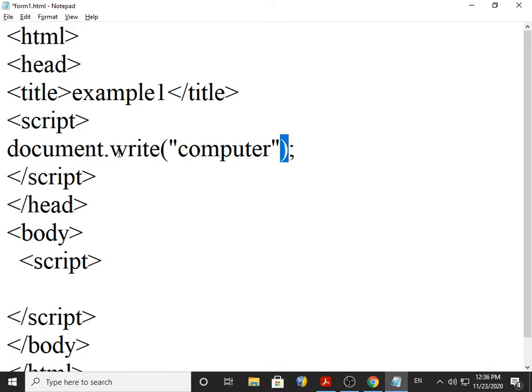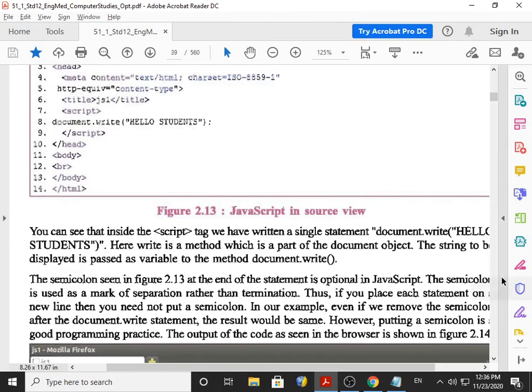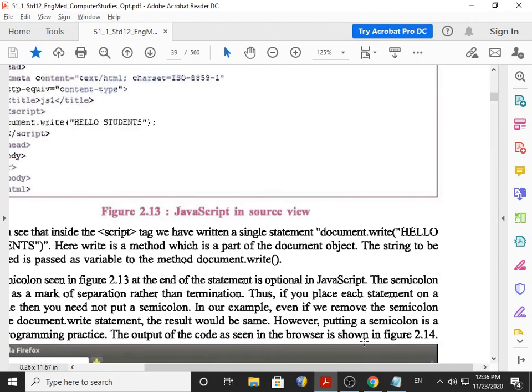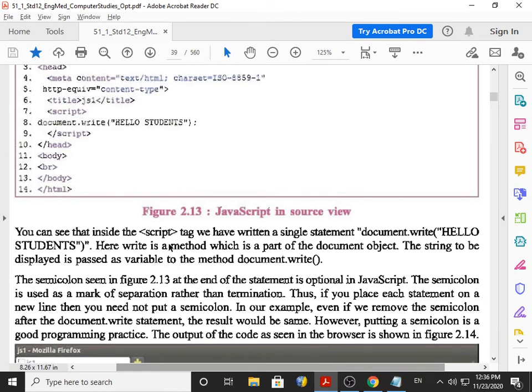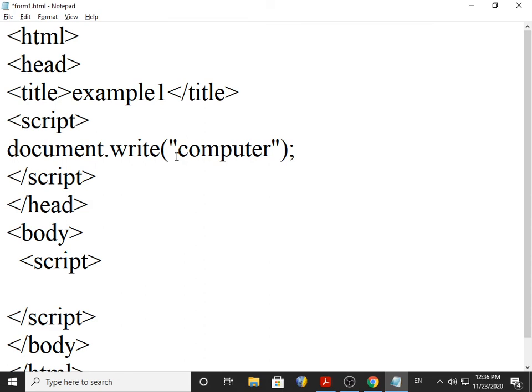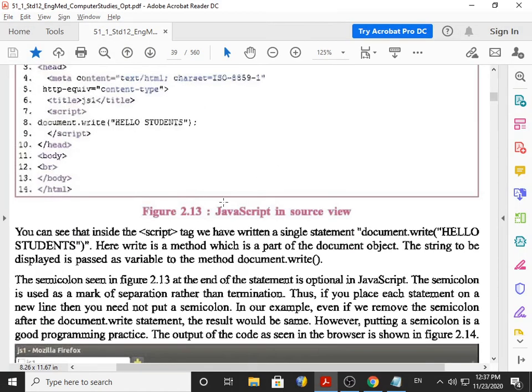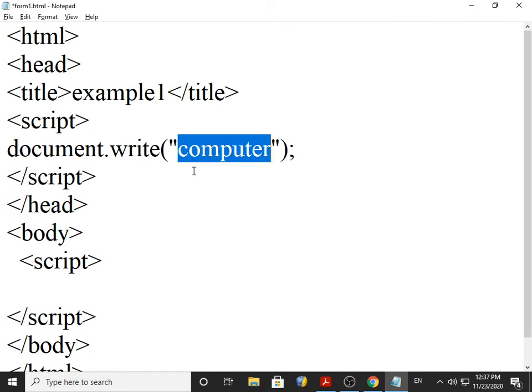I repeat, after the dot, if it is with round brackets, then it is called a function. And after the dot, if it is without round brackets, it is called a property. Now, the string to be displayed is passed as an argument. Whatever you mention inside double quotes is called a string. So the string is passed to the method, method meaning function, document.write, inside the brackets.